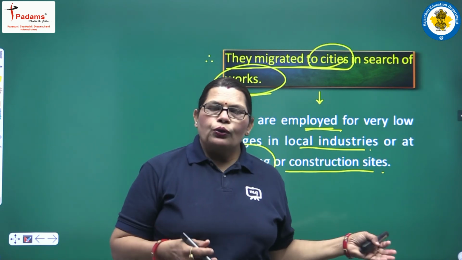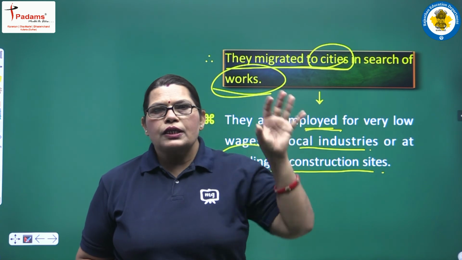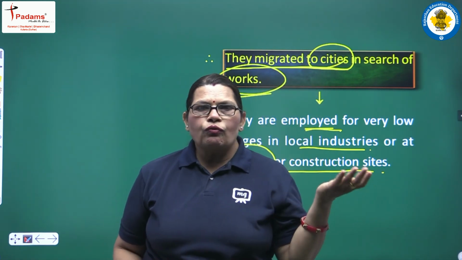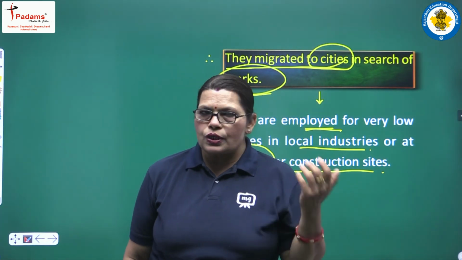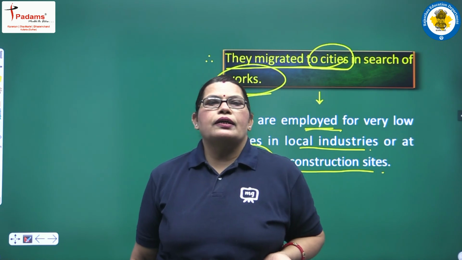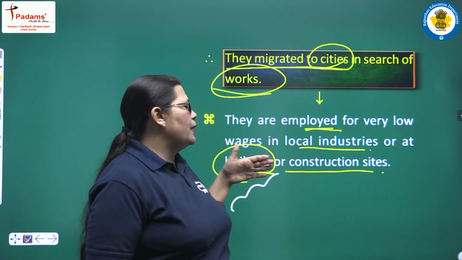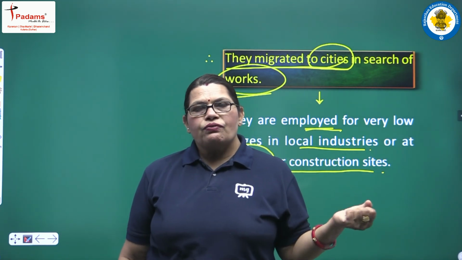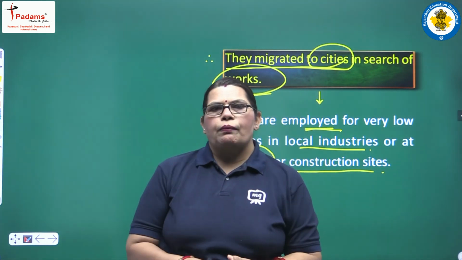So not only Nepalis, Biharis and other peoples, we are not considering a special state here, we are considering the situations of the peoples, why they switched off in search of food, in search of their livelihood. And when we are considering livelihood, then local industries, buildings and construction sites are the main places where they found their work. We have a lot more things to discuss about